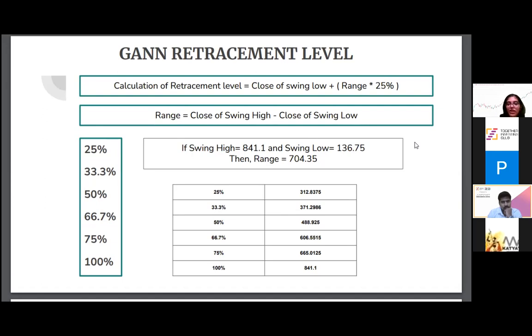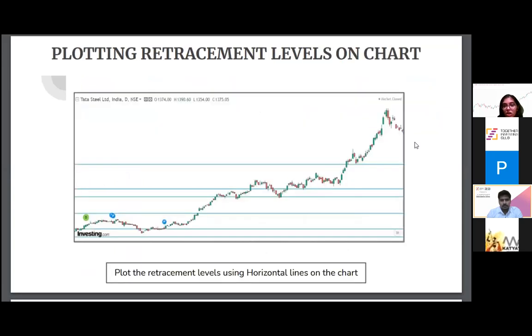Over here, I have given an example as well to calculate the resistance and supports. So if swing high is 841.1, swing low is 136.75, and range is 704.35, using this formula, we can find the retracement level for these different degrees and then plot them on a chart to find different supports and resistance levels. As shown,